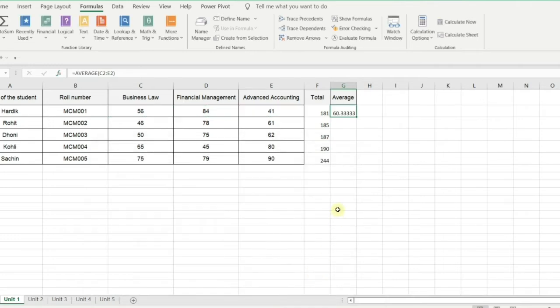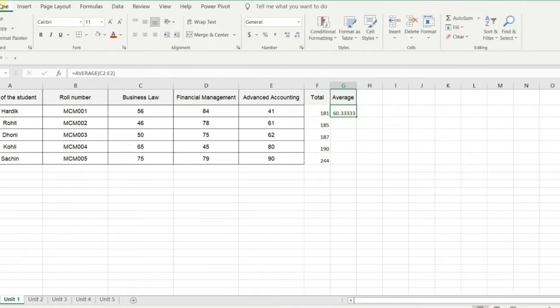Going to give OK. So here it is showing more than 2 digits. You can have 2 or even no decimal. If it is not required, you can make it 0. I'll show you how to make it. In the home tab, you have to go to this number group. You can see here clipboard, font, alignment, and number. In this number group, you have to go here. This is called decrease decimal. 1, 4, 5, right? So now it has no decimal value.